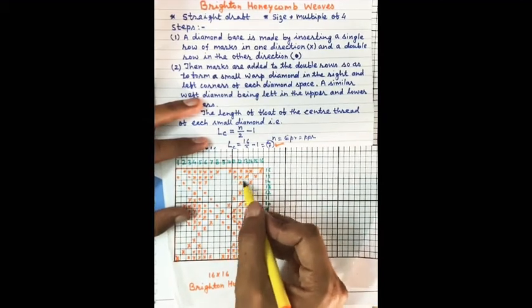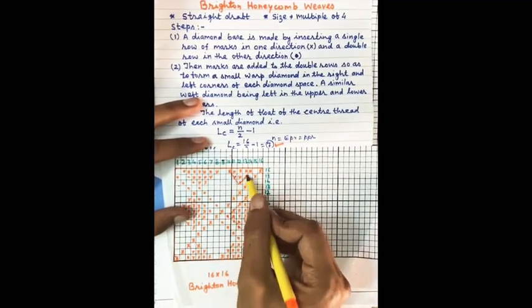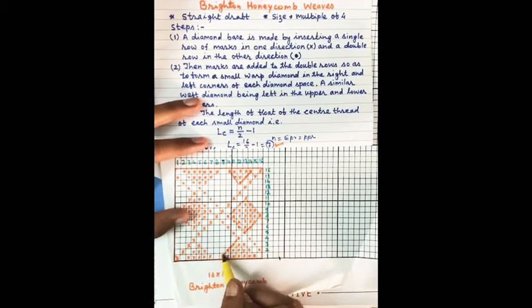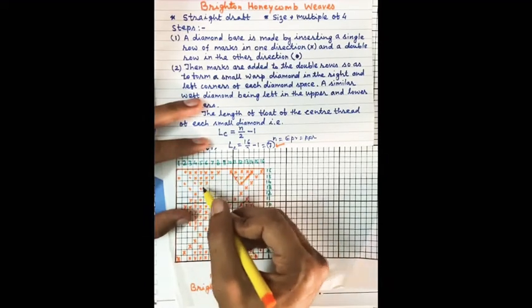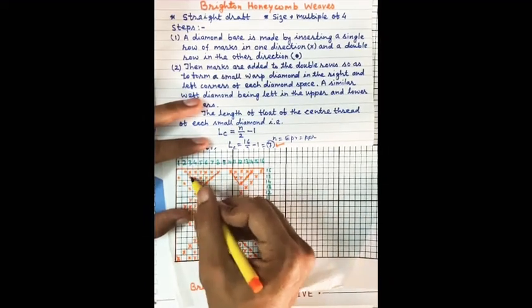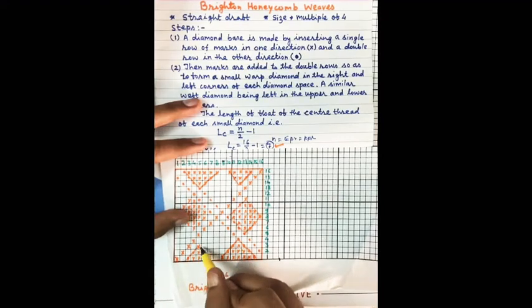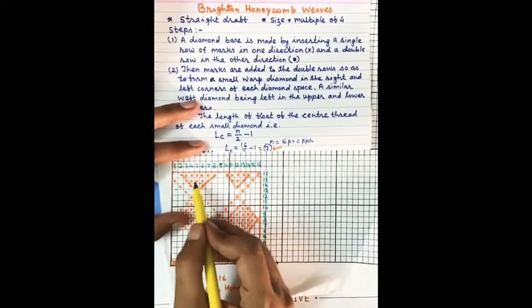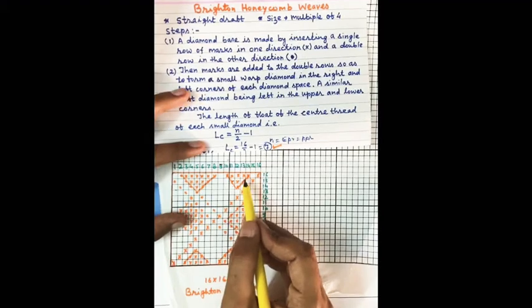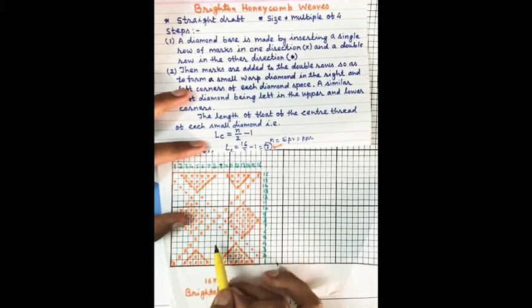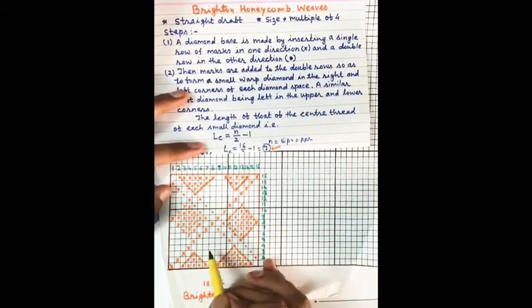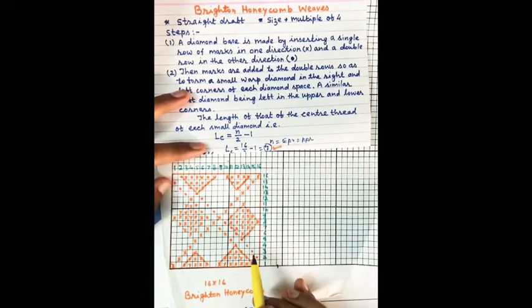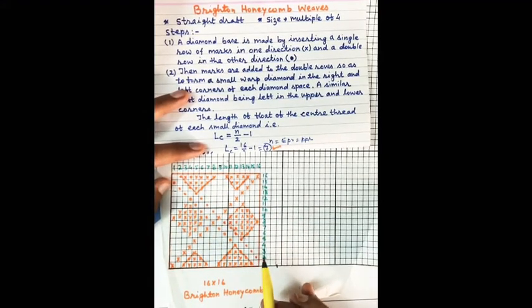And then this is another diamond. You can see in the next repeat, these will join. So this is one diamond. This is one diamond, and you can see this is in the left corner, this is in the right corner, and weft diamonds will be automatically left here. The same size of weft diamond will be left here, here, here and here, here and here. In this way, we are creating or constructing Brighton honeycomb designs.